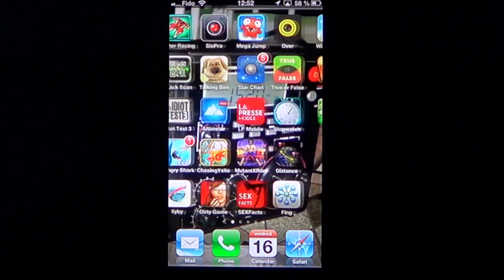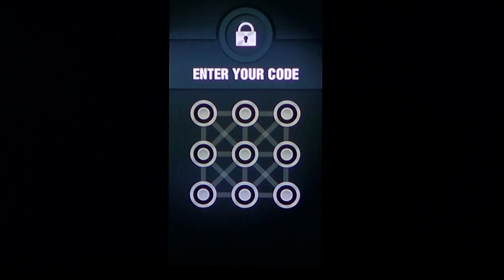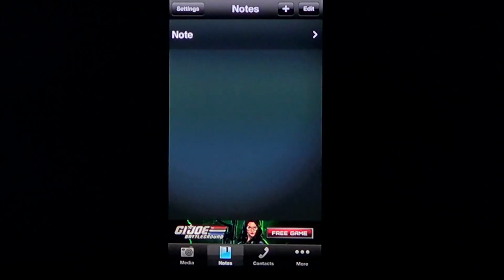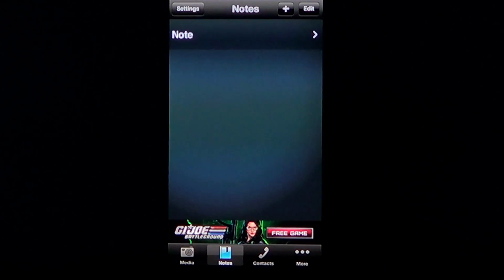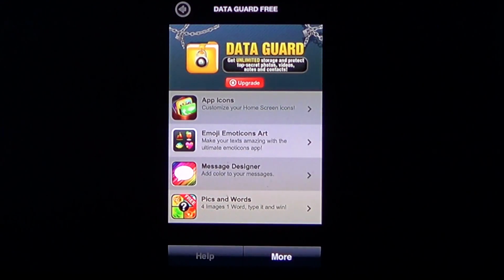Once you've installed it, you'll have that little panel here with your code, and it's a visual code, so you try to do the same code all the time. And what's quite interesting is that it protects your information. So basically what you could do with Data Guard software